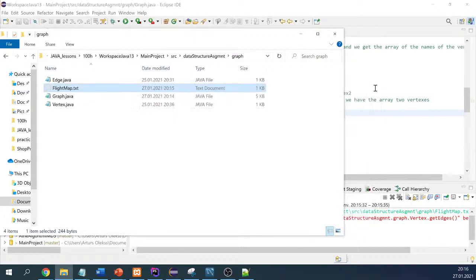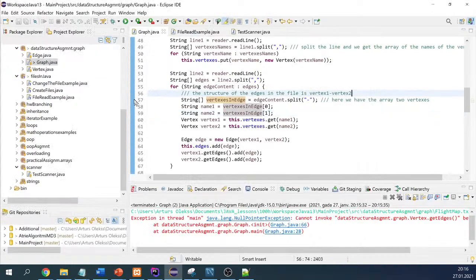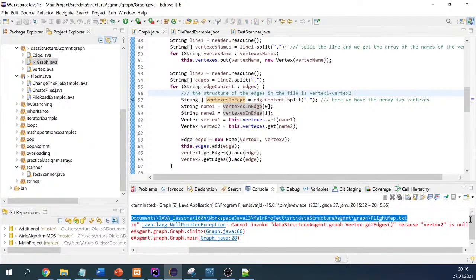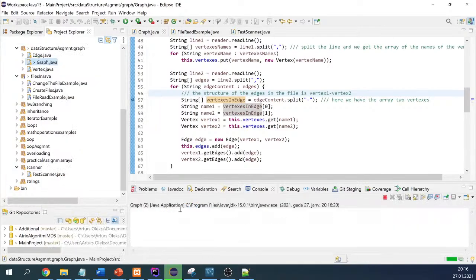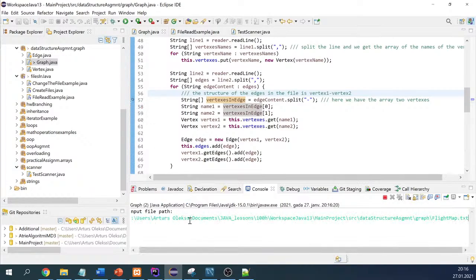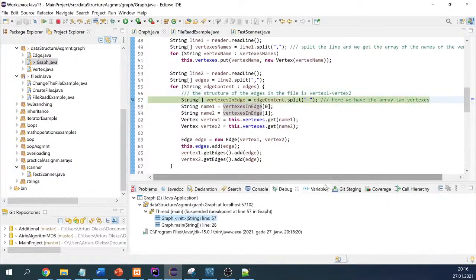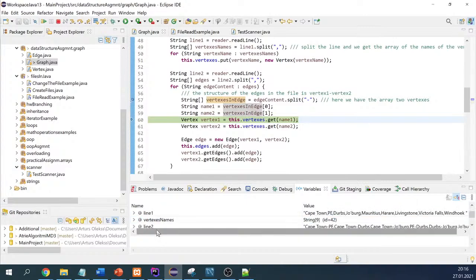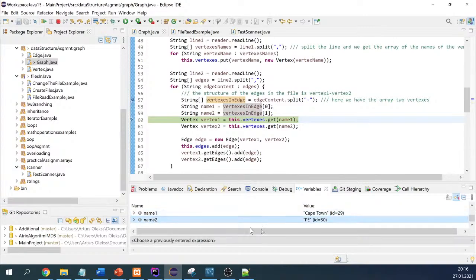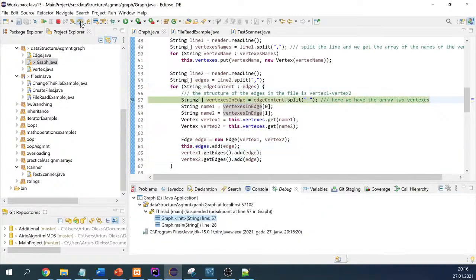Okay, so if we can't understand it, we need to debug. We need to debug and see where the issue may be. Okay, so I will debug and search for the issue. That's an absolutely unusual case. So we set a breakpoint and we debug the code. So we are here, name 2. Let's check what the names are. PE, Cape Town, seems correct. Cape Town, PE, that's correct. Then we have